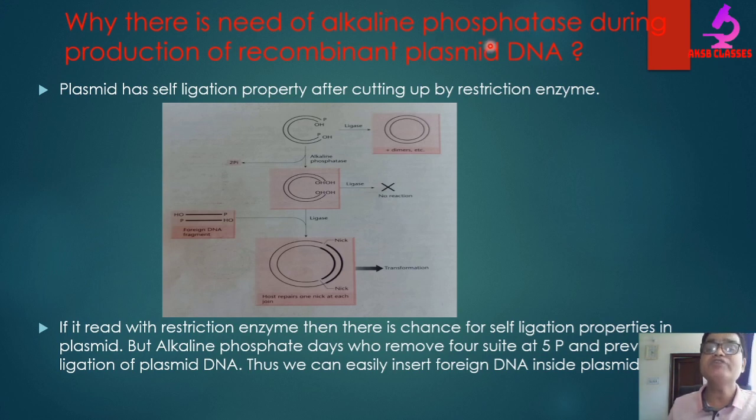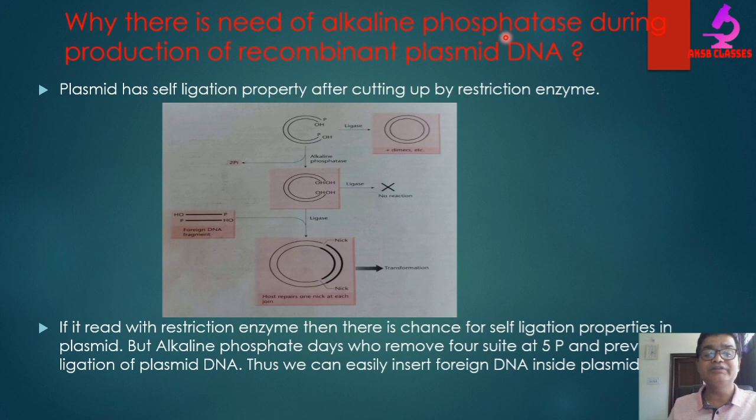Alkaline phosphatase enzyme removes the phosphate from the 5' end of both the DNA, and instead of the phosphate, a hydroxy group comes, and it prevents the self-ligation. So such a property will be lost when we give the treatment of the nicked plasmid with the alkaline phosphatase,